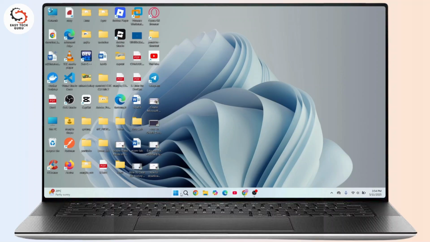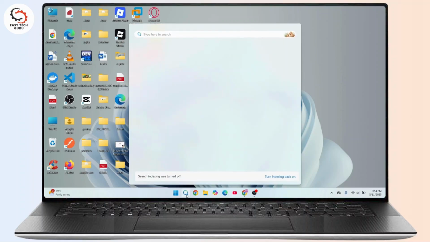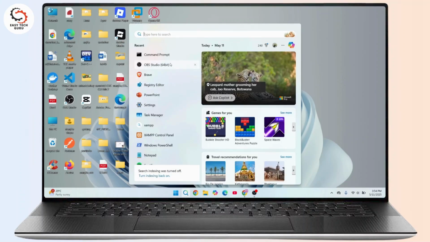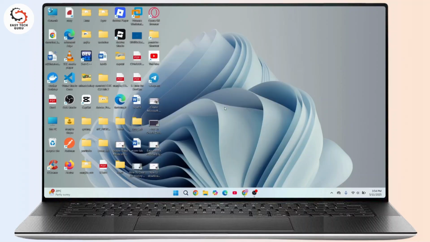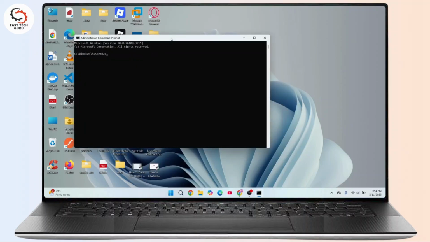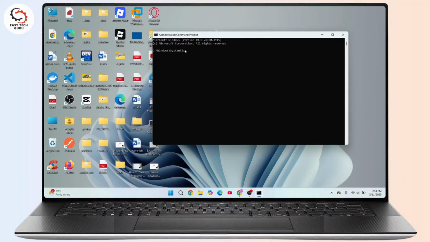So first of all, you have to open up command prompt in your device. Navigate to the search icon, type in cmd, and then click on run as administrator. Click on yes. Once you are here on the command prompt, you have to type a command, ping,